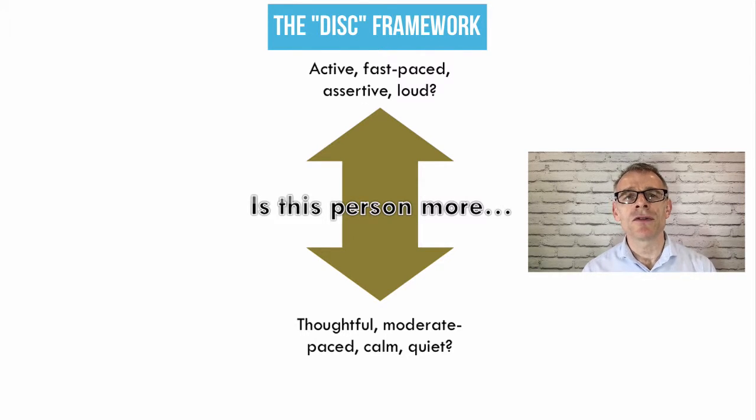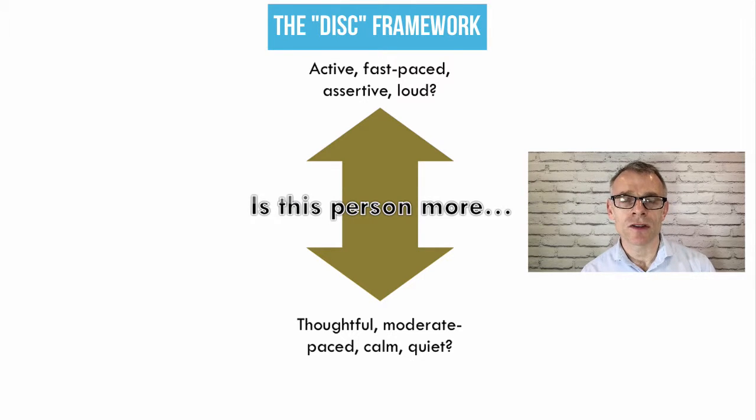And then for each of those dimensions, we then ask a further question. So is this person more questioning? Do they tend to be someone who asks lots of questions, quite demanding, quite assertive in what they want to know, or quite determined in getting to the facts? Or are they someone who's maybe more relationship driven? So depending on which end of the spectrum they are in terms of being outgoing or outspoken versus calm, what we end up with then is four different types.